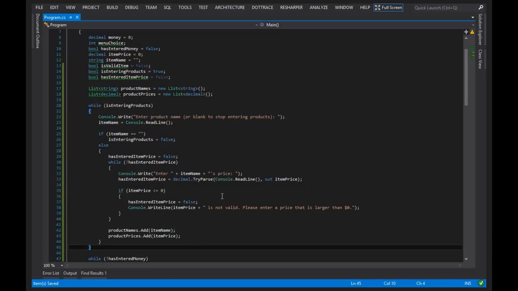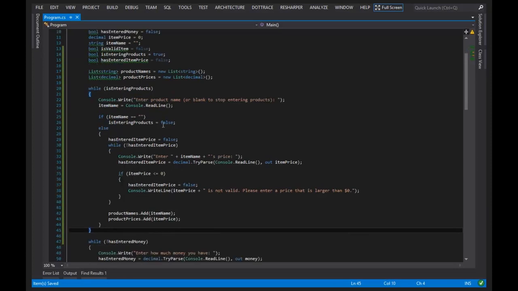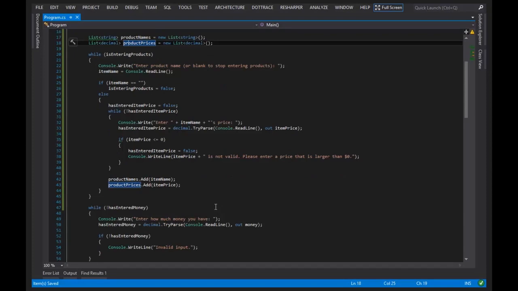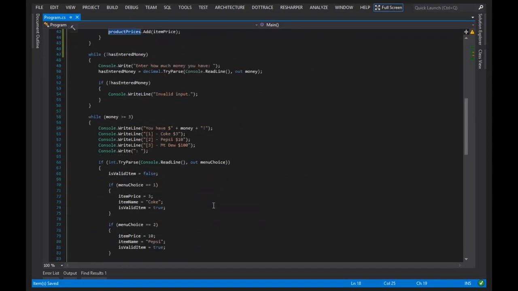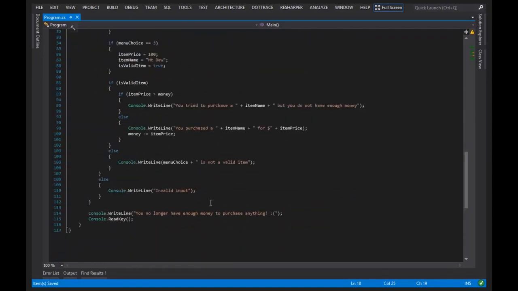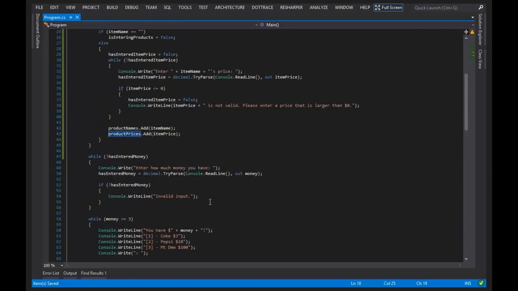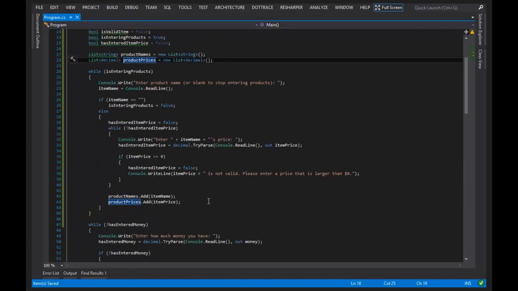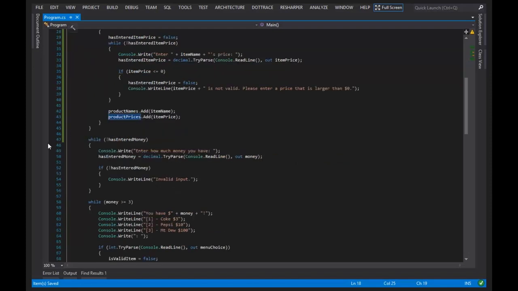Okay, so once we've exited the while loop, our product name and product prices lists or collections will be full of the data that contain our inventory. The next thing that we have to figure out with this program is how to rewrite these bits to make it work with our new product inventory. So I'm going to skip this while loop because this while loop is going to work because we have a